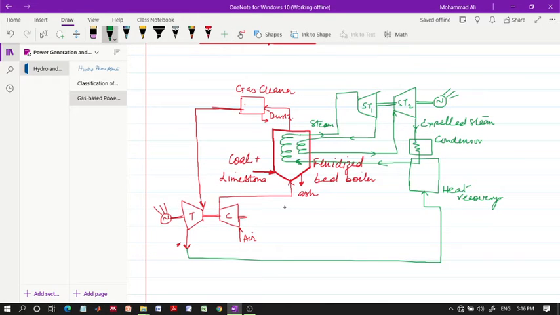So we have these hot gases that are coming out after running the gas based turbine. It is cooled down in this heat recovery scheme and sent to the stack. स्टैक क्या चीज होती है? स्टैक लॉन्ग चिमनीज होती हैं जिसके ऊपर से हम इन गैसेस को, in the air, we expel these gases in the air through these chimneys.